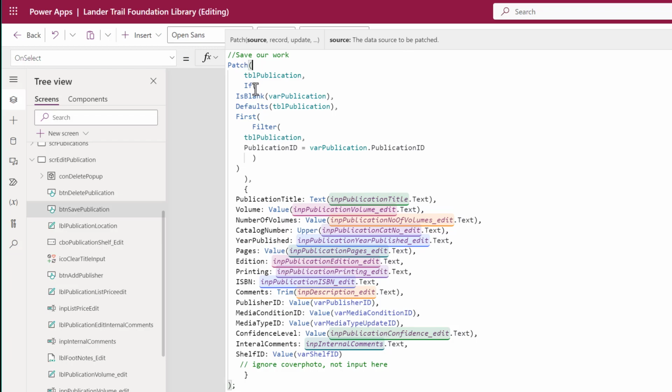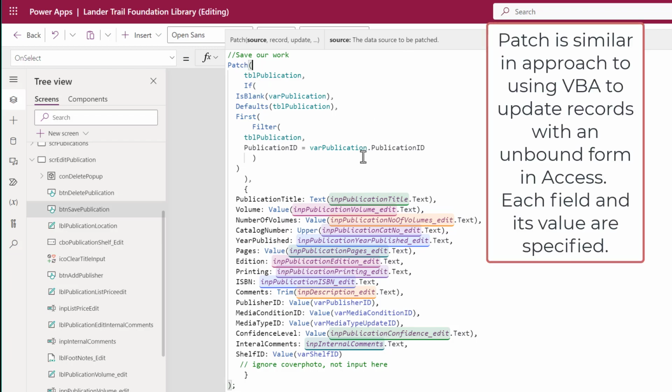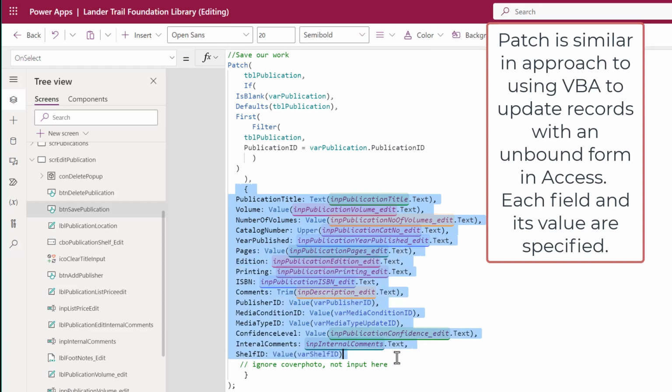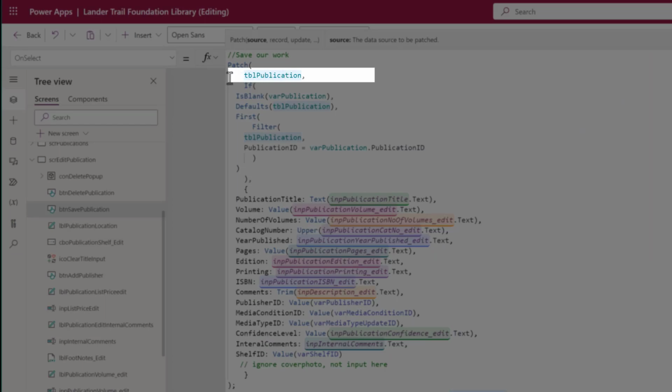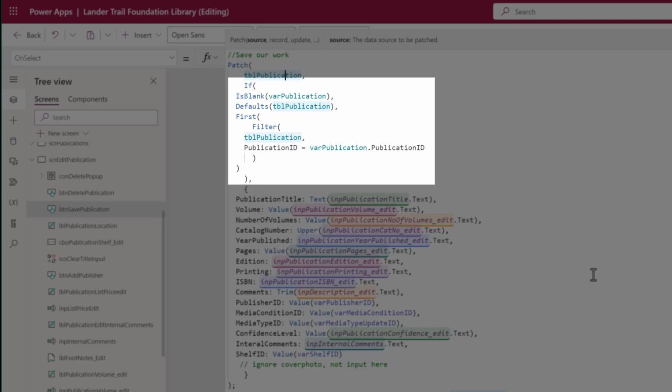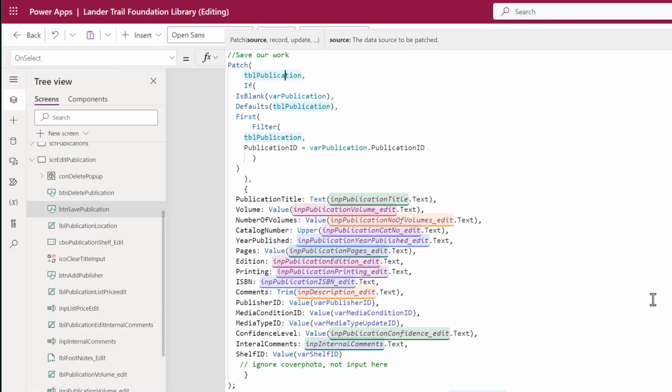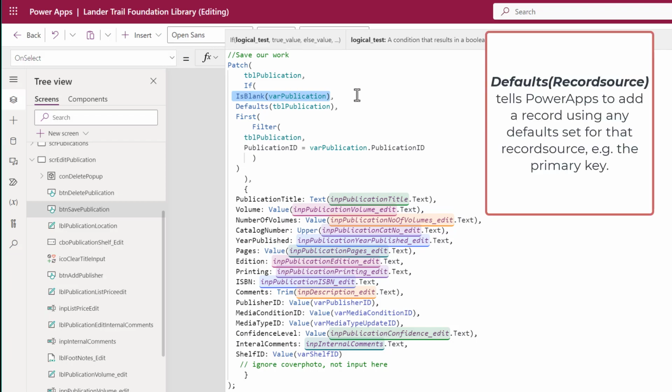Patch basically says save this information to the underlying table. In this case, it's the publication table. We have to distinguish between adding a new record and updating an existing record. There are 2 forms of the syntax that tell PowerApps which one we want to do and how to do it. If this variable called var publication is blank,